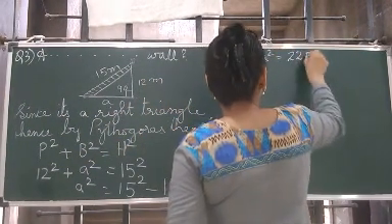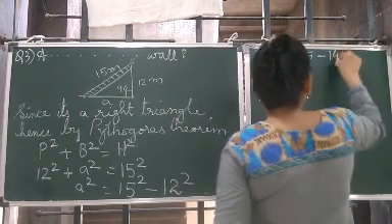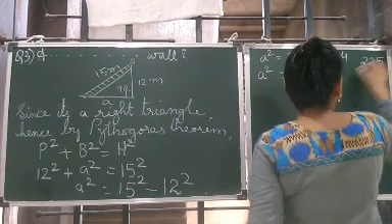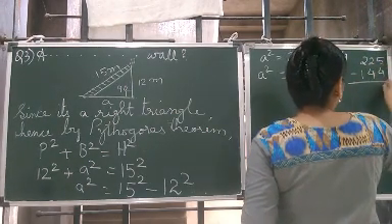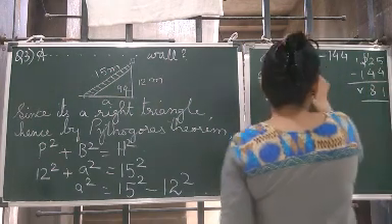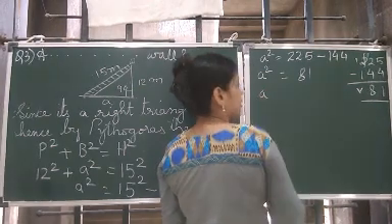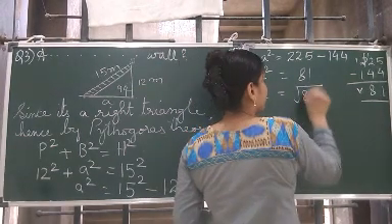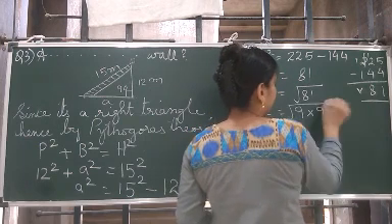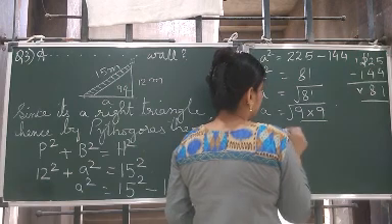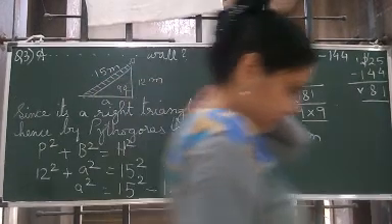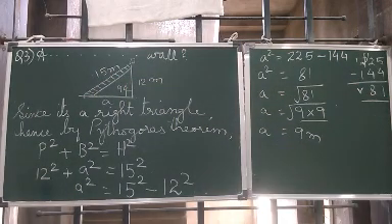So a square is equal to 225 minus 144, since 12 12s is 144. Now 225 we subtract 144. This becomes 1, we borrow, and this becomes 8. So it becomes 81. A square is 81, so a will be square root of 81. We know 9 9s are 81, correct? So one pair comes out. So a is how much? 9 meters. So this completes question number 3.